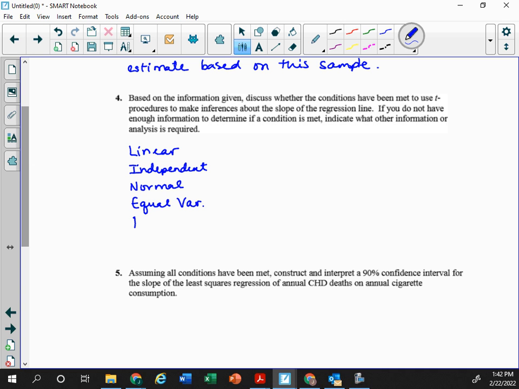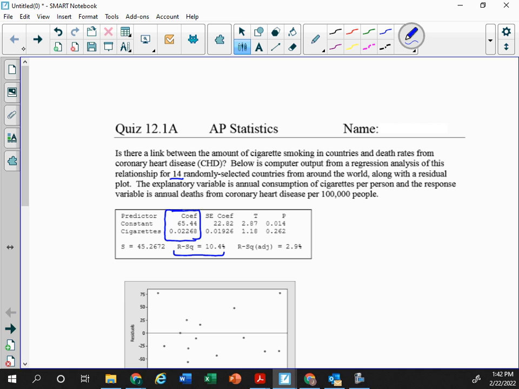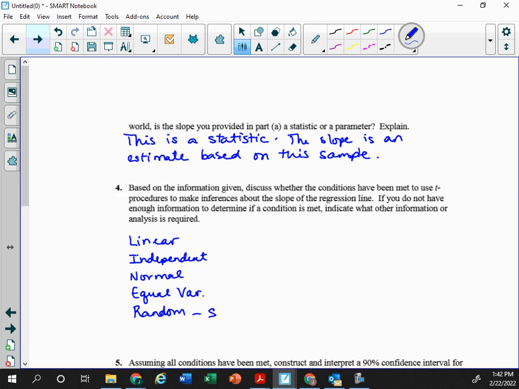Equal variance, and then random. That one I believe was stated, right? That's the only one that we would have to just look back at the initial part. Yeah, it said randomly selected countries, so that one's stated, but for the first 4, all you need to do for me is list those and then say, hey, these are all good because the residual plot